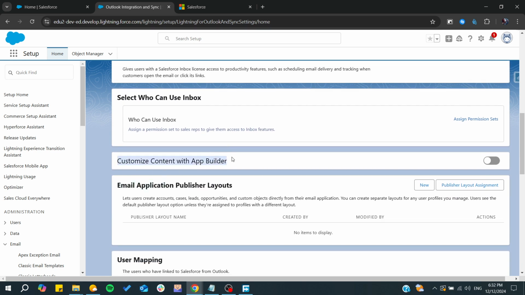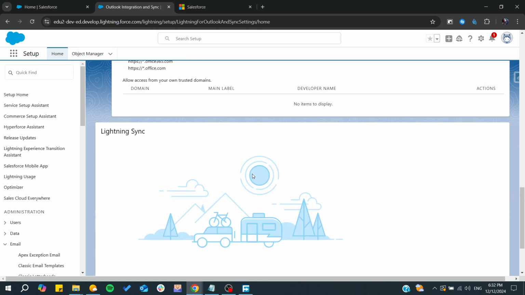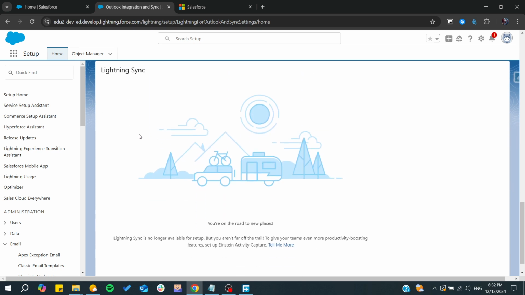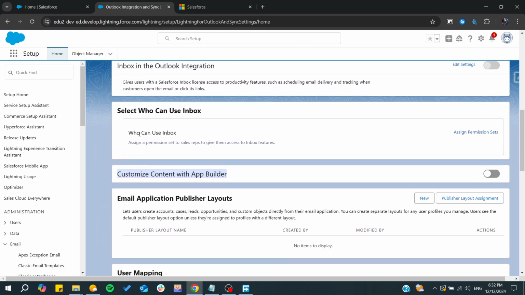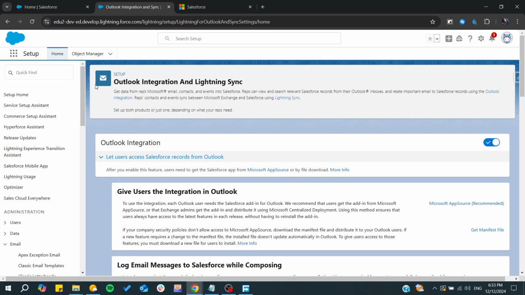Also, you can have customized content with App Builder if you are going to build some app, etc. And you can have more of these features. So simply, those are the simple steps on how you can synchronize Outlook with